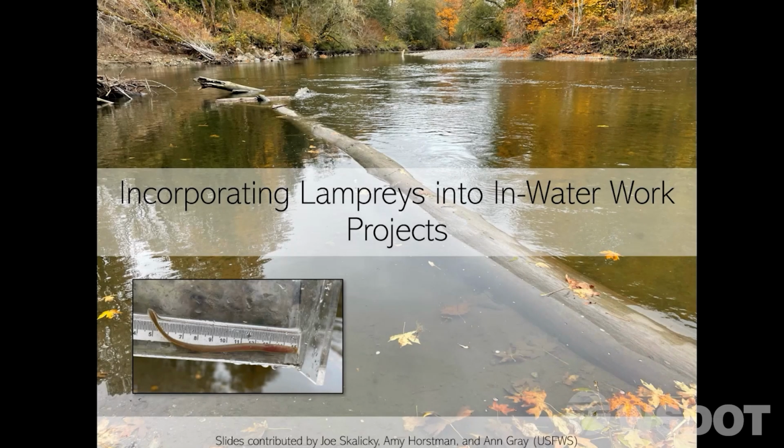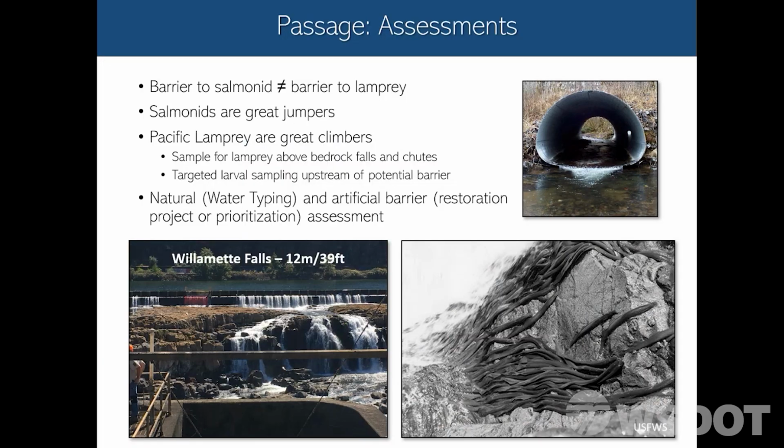Now we are going to start talking about incorporating lampreys into in-water work projects. So we talked about threats that exist on the landscape, and I'm going to go through all those threats, how they are similar or different from the threats that we know a lot about when it comes to our native salmonids. So initially, especially for passage, a lot of times we are going out and assessing barriers